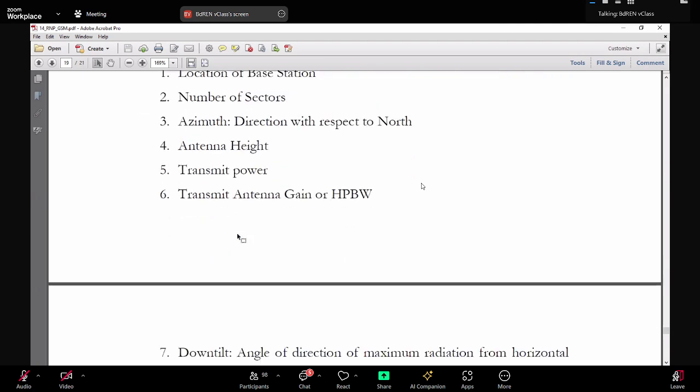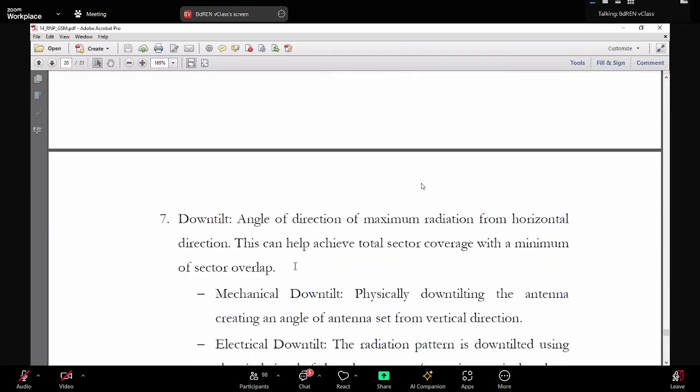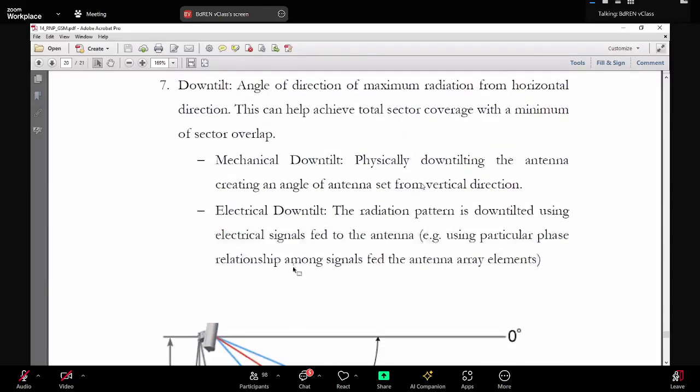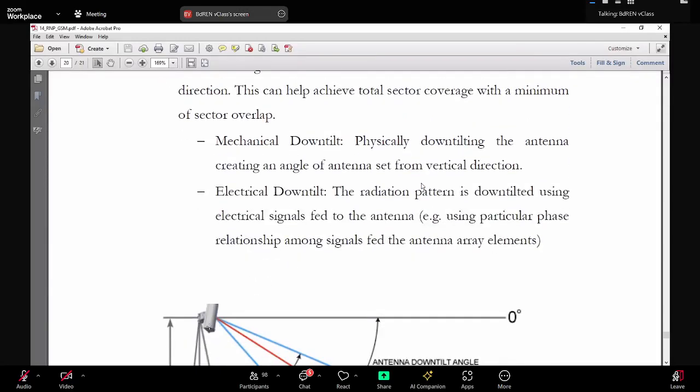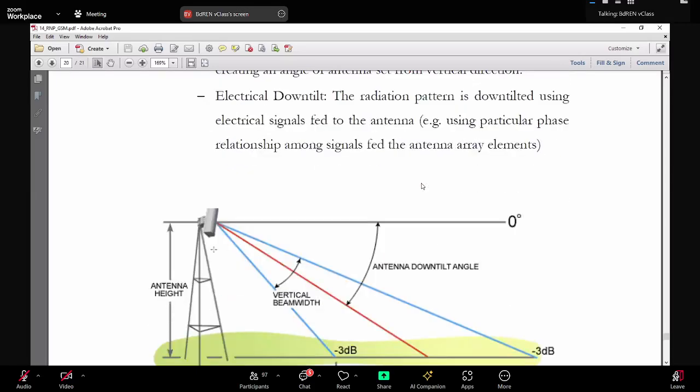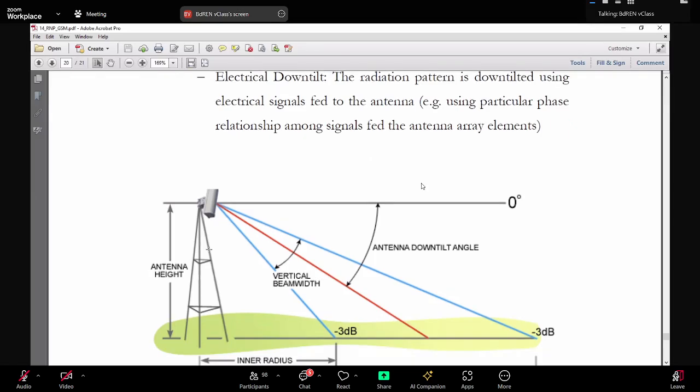Then transmit antenna gain, or HPBW, and down tilt. Down tilt is an angle of the antenna with respect to the vertical direction. The antenna at the top of the tower is not located straight vertically. It's because, if you think about